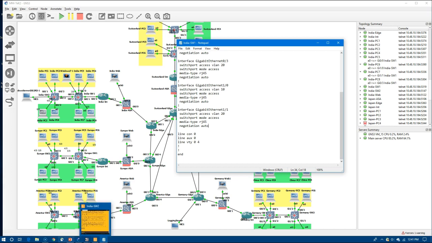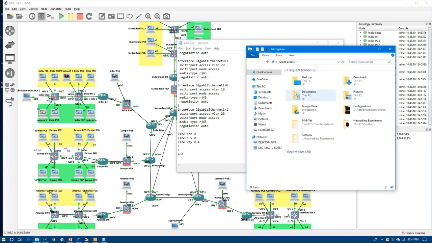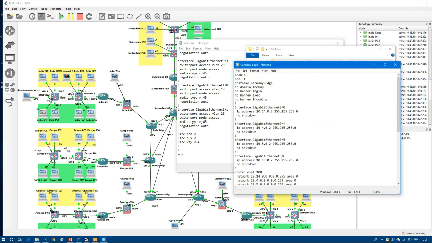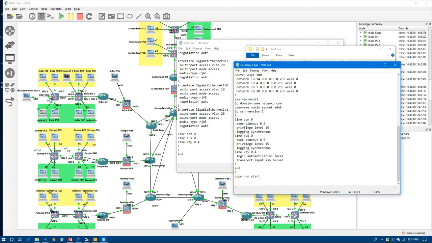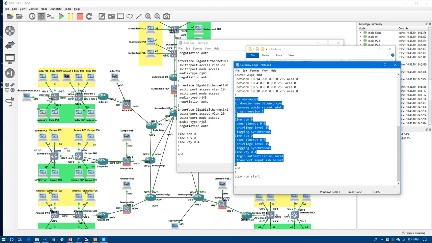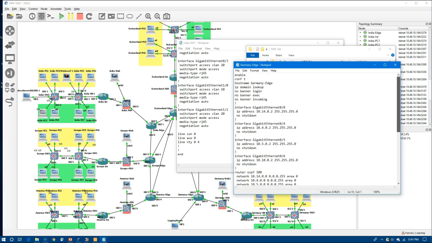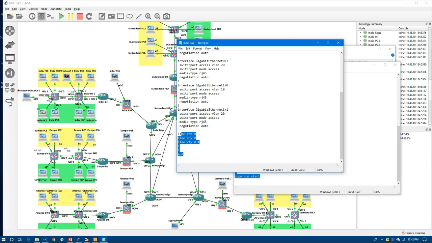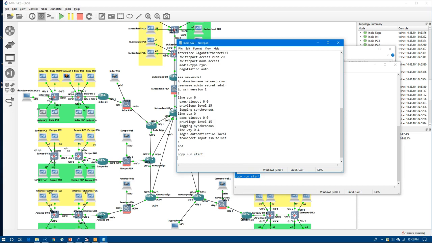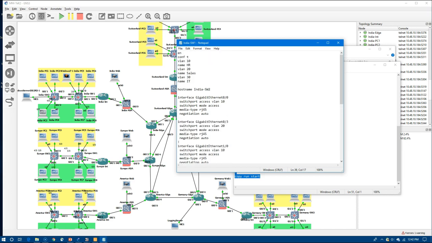Now I'm going to go over here and look at one of these others here. And copy the section. Let's double check to make sure there wouldn't be anything that we would necessarily have. Here it says switch 1 here. And we can go ahead and save this one to